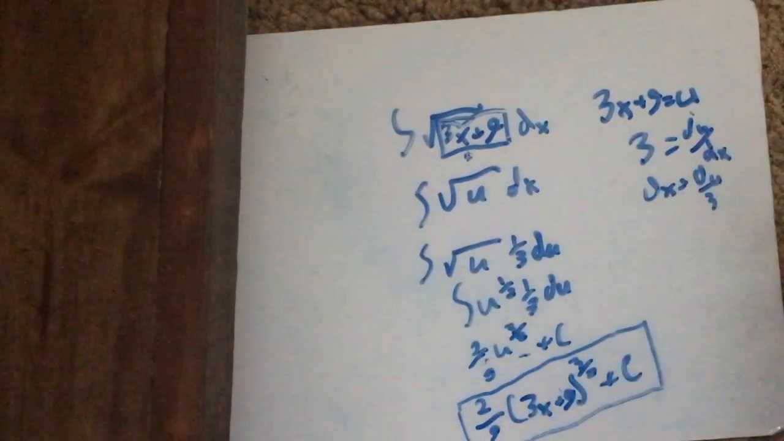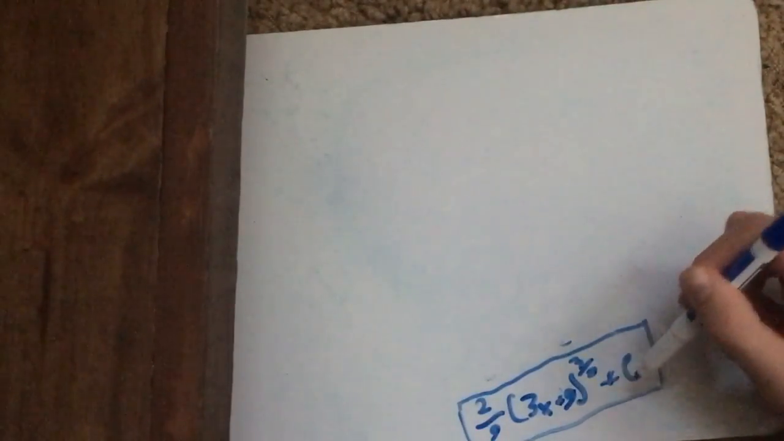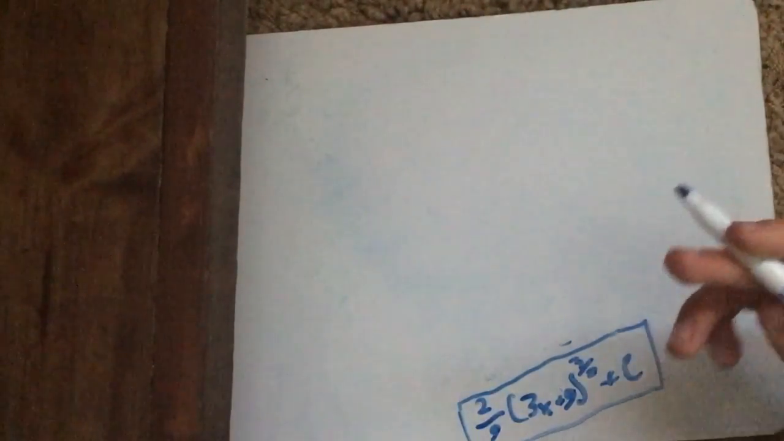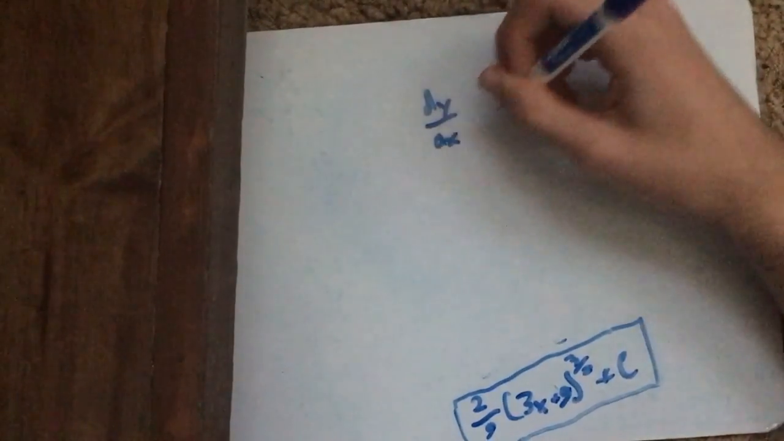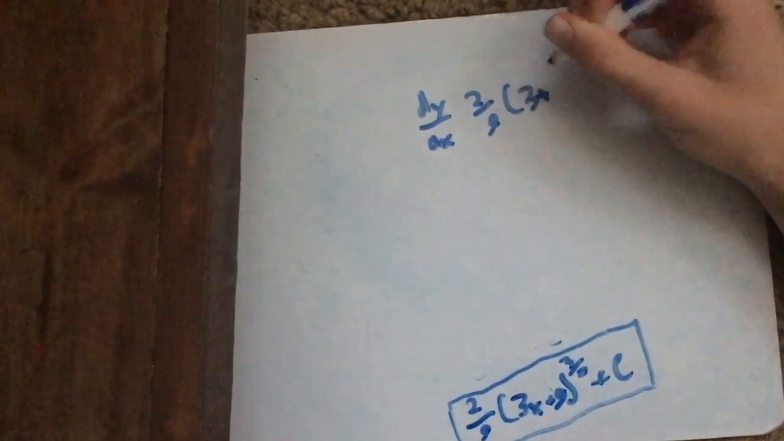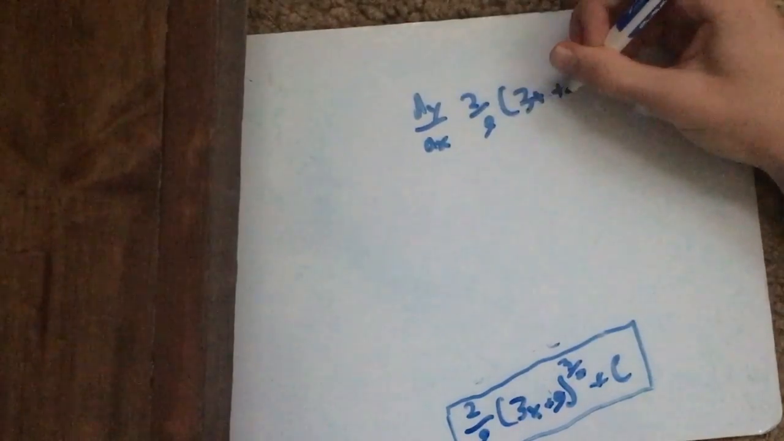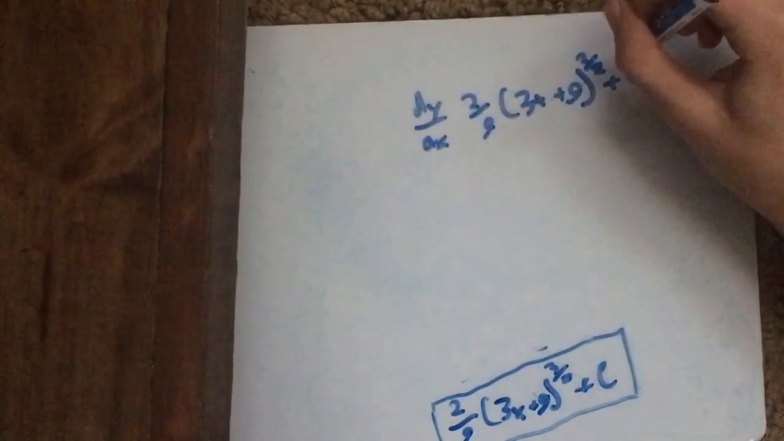And so if we ever wanted to check our work, all we have to do is find the derivative of that and see if that equals the original equation. So let's do that to make sure I'm not lying to you. Alright, so the derivative dy dx of 2 over 9 times 3x, that's an x, trust me, plus 9 to the 3 over 2 plus c. The derivative of that